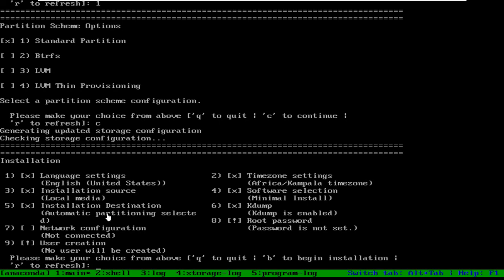Okay, now number 6. Number 6 is already selected. We have not changed it, and it is saying kernel dump, kdump. Kdump means kernel dump, and kdump is enabled.